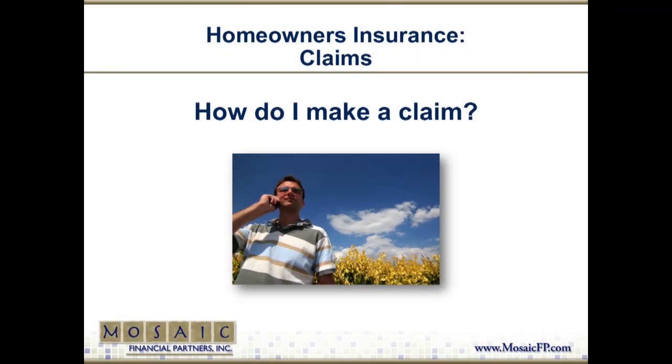All right, so I came home from work and there was a waterfall outside my front door. I looked up and there was a tree that had fallen on my roof. Then I went inside and went around the broken stuff, and the whole back half of the house was charred. It was bad. How do I make a claim?